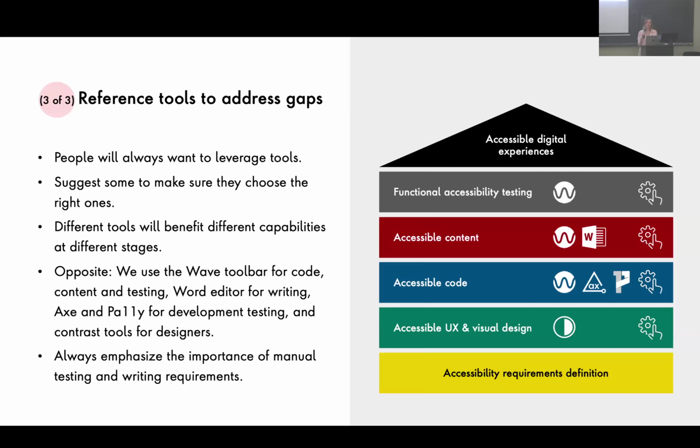The way we set it up, I have this diagram at the side. We base everything on defining accessibility requirements. And then we recommend contrast testing tools for UX and visual design, accessible code. We recommend the Wave toolbar, Axe and Pally, accessible content, again, Wave toolbar, Microsoft Word spell check. Functional accessibility testing, Wave toolbar, and you'll notice I have an icon of a hand and a gear for every single one of these phases,